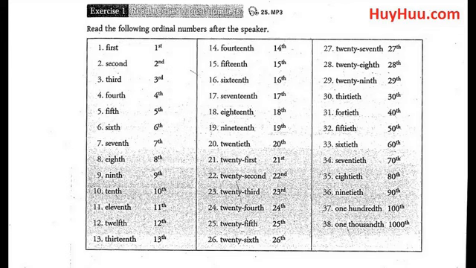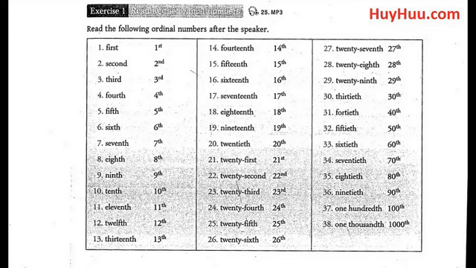11th, 12th, 13th, 14th, 15th, 16th, 17th, 18th, 19th, 20th, 21st, 22nd, 23rd, 24th, 25th,